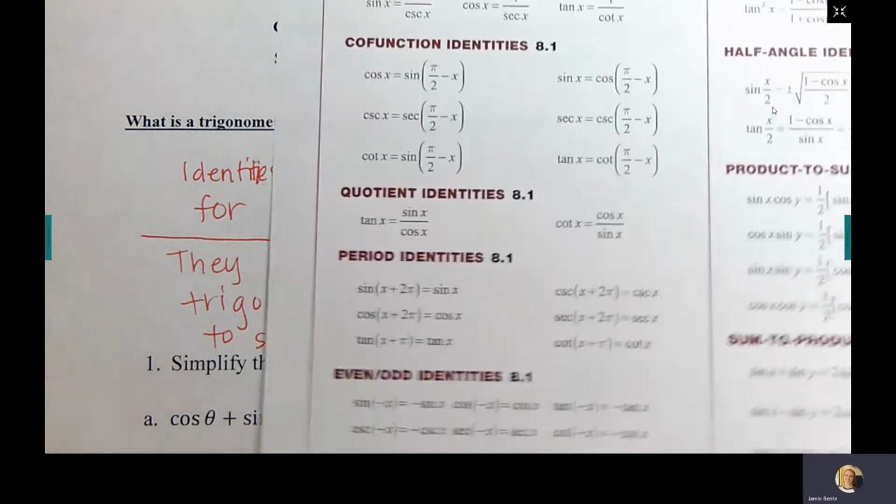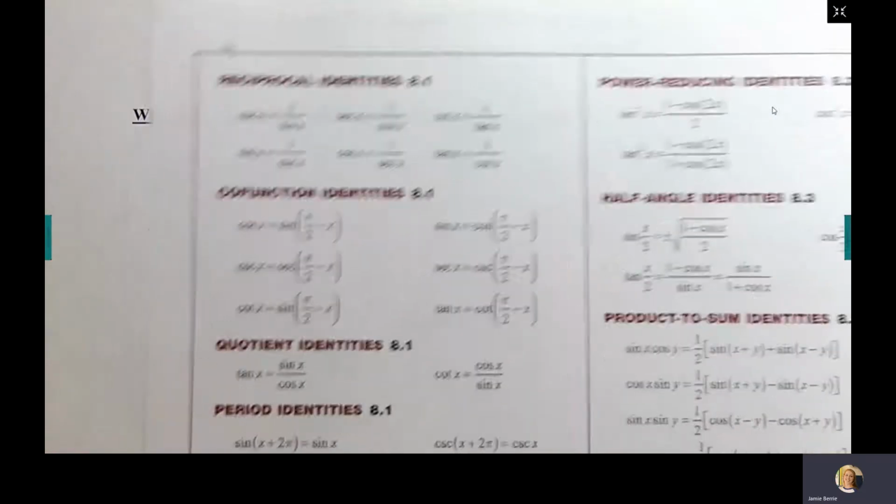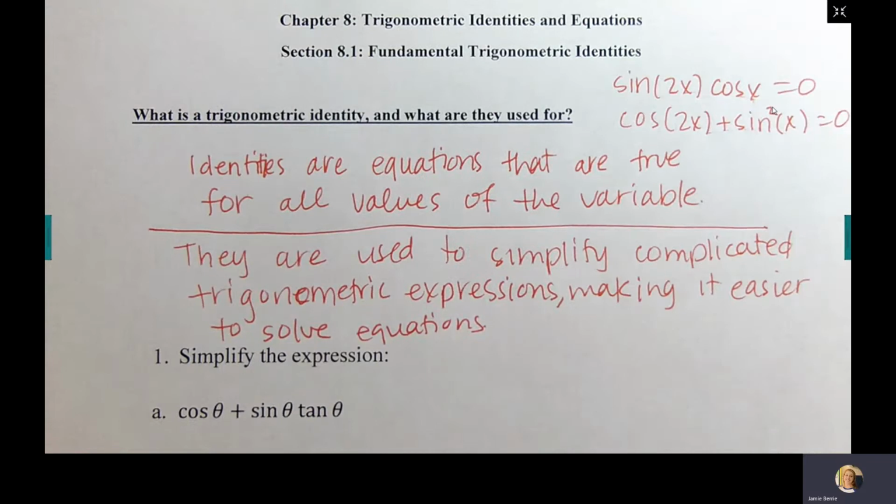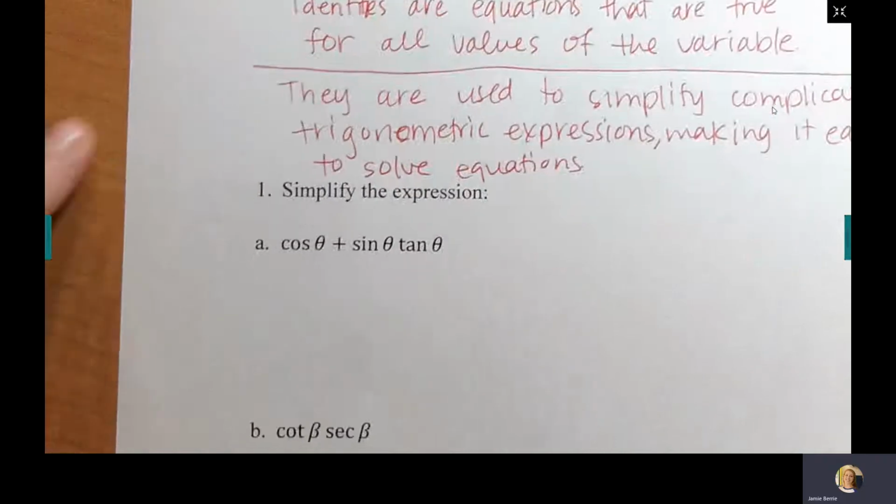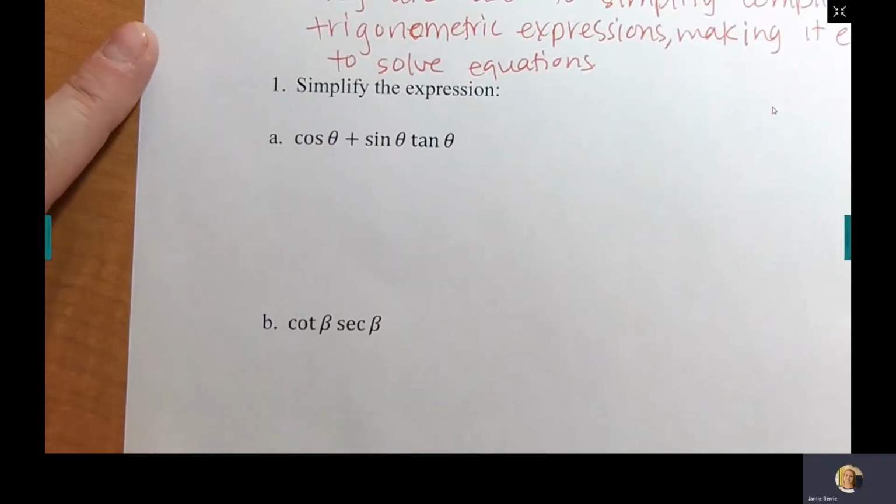So we want to keep this right beside you so we can keep referring back to it. And you want to keep this beside you when you're doing the homework, for sure. Keep this little identity sheet beside you. All right, so let's start with some simple examples, and then as we go through the examples, we'll move into